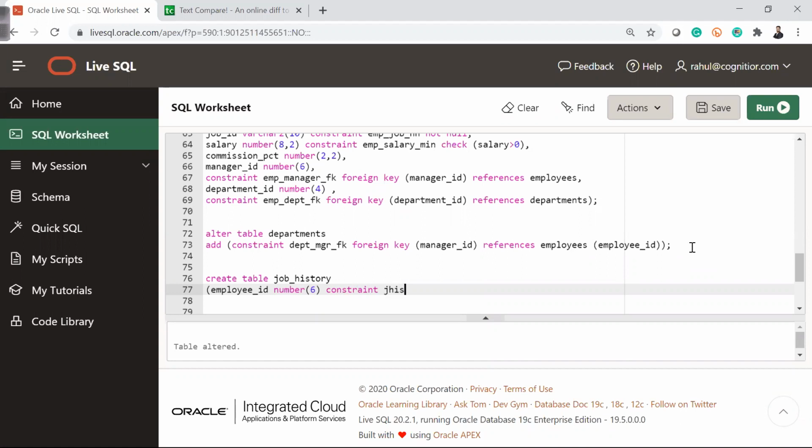Let's say job history underscore employee underscore NN not null, comma, constraint J hist EMP underscore FK, foreign key, guys, and I want this as employee ID references employee table.